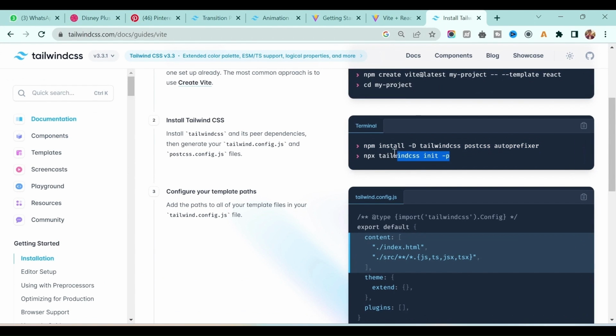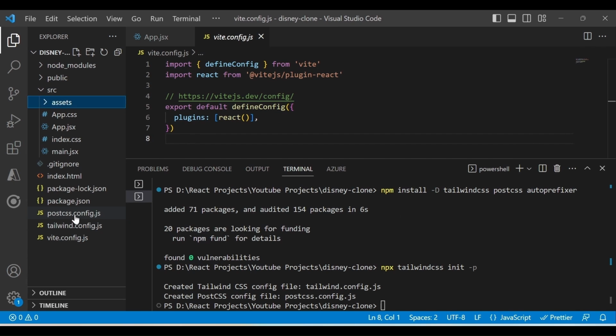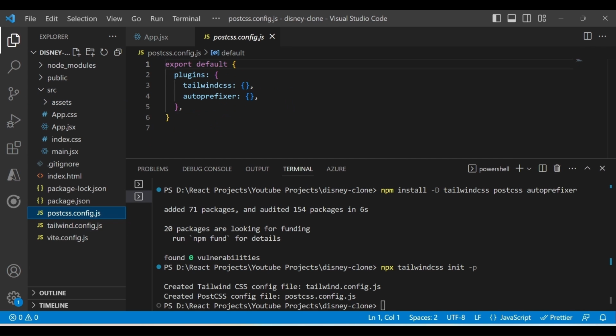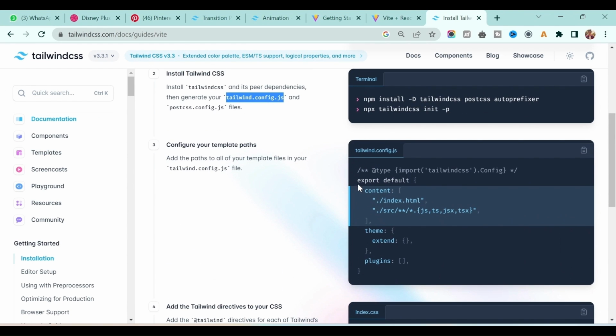After that, you have to run this second command. Once you run it, you will see these two files get created, tailwind.config.js and postcss.config.js. Next, copy this line of code and put it in the tailwind.config.js file.